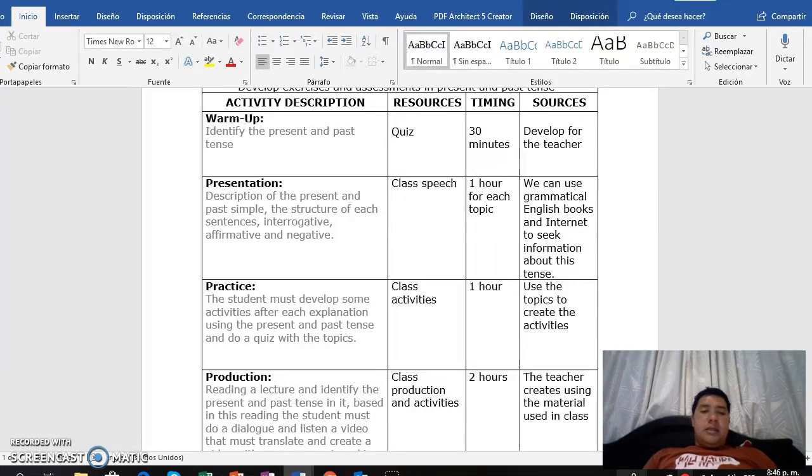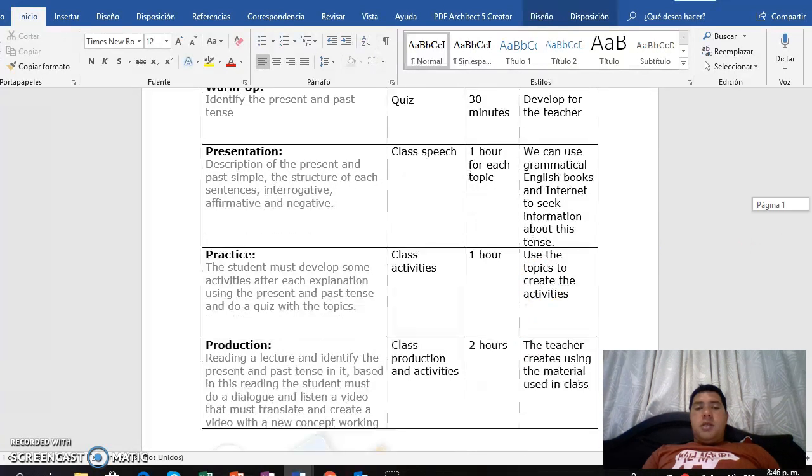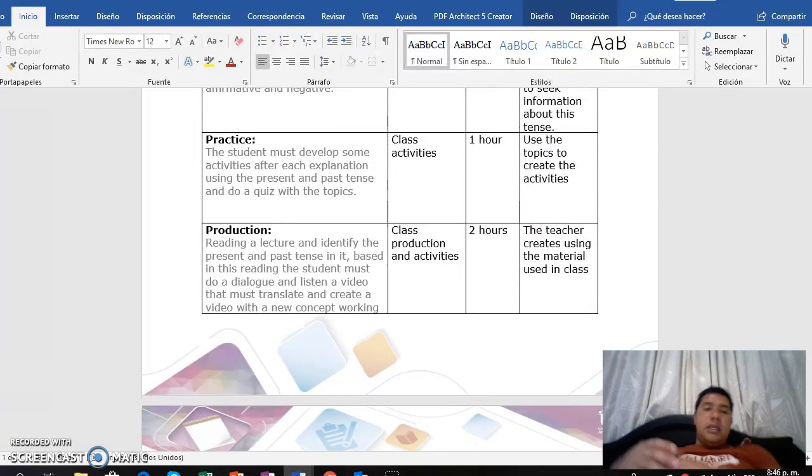For the practice, the student will develop some activities after each explanation. So the teacher has to explain, and after this develop a practice or exercise in class. It can be oral, writing, or reading exercises. It doesn't matter. The important thing is that they practice with the students, and the students understand